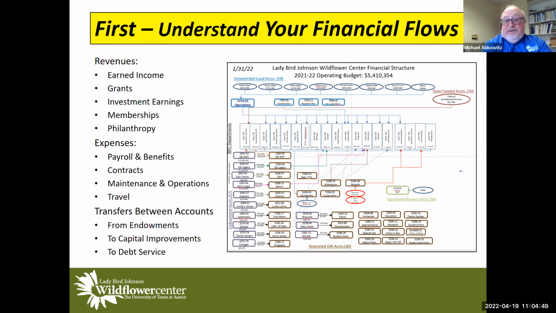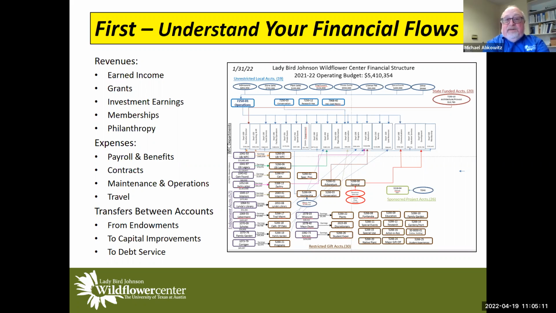As it turns out, a few years later, a reporter from the Austin American Statesman got a hold of that graphic and said, "This is great." And he ended up publishing that graphic in the newspaper a number of years ago. But this is an example of the graphic that I prepared for the Wildflower Center, which charts its main revenue